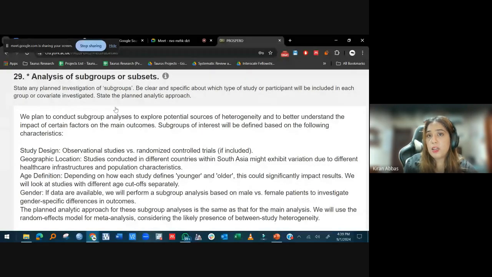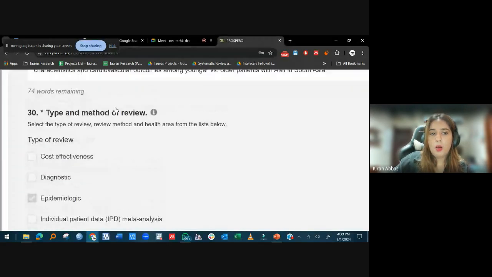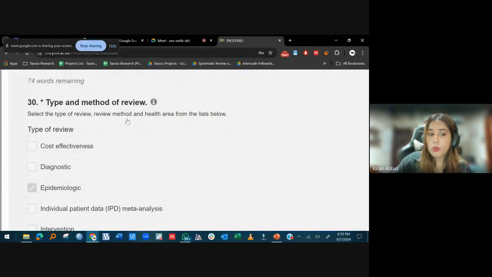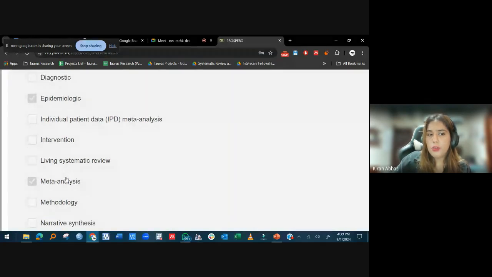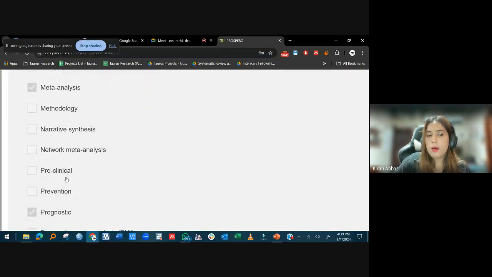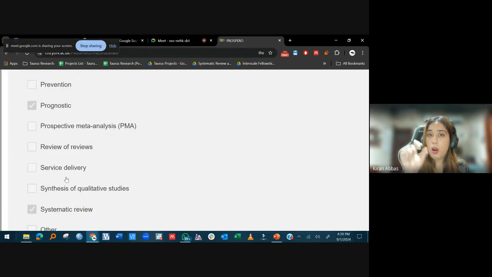अगर कोई सब ग्रुप एनालिसिस कर रहे हो, जैसे फॉर एग्जांपल जेंडर वाइज अगर हमने कैटेगराइज करना है तो वो सब ग्रुप एनालिसिस होगा। तो आपको मेंशन करना होगा कि हम अपनी स्टडी में ओवरऑल रिजल्ट भी प्रेजेंट करेंगे और फिर हम जेंडर वाइज डिस्ट्रीब्यूशन भी करेंगे, ठीक है। और फिर हमारा टाइप एंड मेथड ऑफ रिव्यू क्या होगा। एपिडेमियोलॉजिकल, यूजली इट्स सिस्टमैटिक रिव्यू। डिफरेंट टाइप्स होते हैं, डिपेंड करता है कि हमारा आउटकम क्या है, ठीक